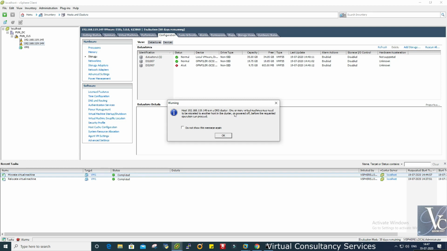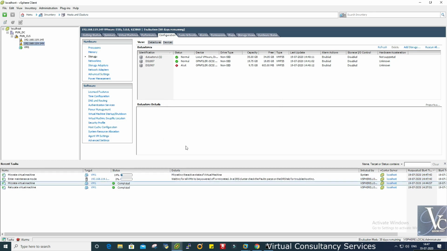I'm keeping this tick mark as it is and clicking the Yes button. It is just giving a warning that one or more virtual machines may need to be migrated to another host in the cluster or powered off before the requested operation can proceed. This means the maintenance mode task will complete after migrating all the VMs to another ESXi host. I'm ticking don't show this message again, and clicking OK.